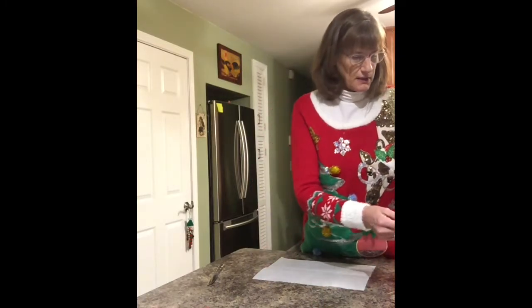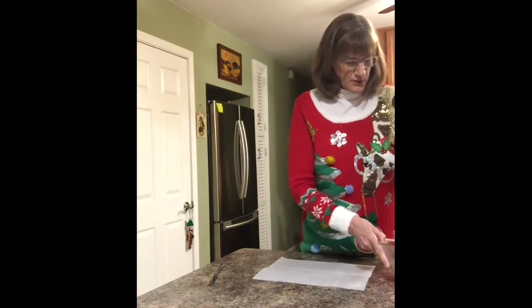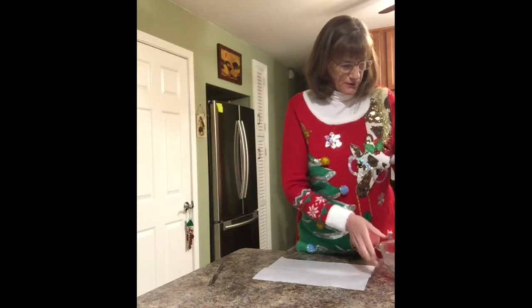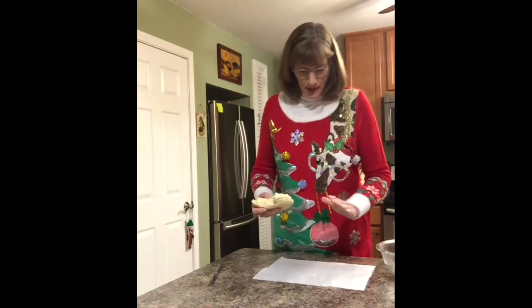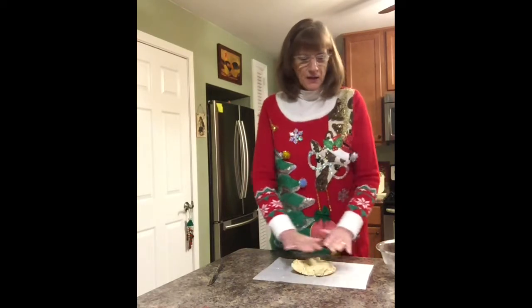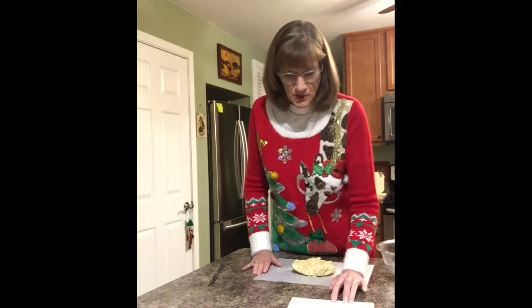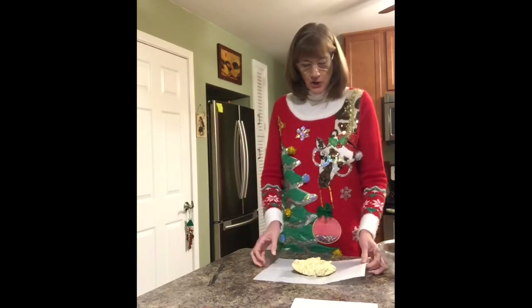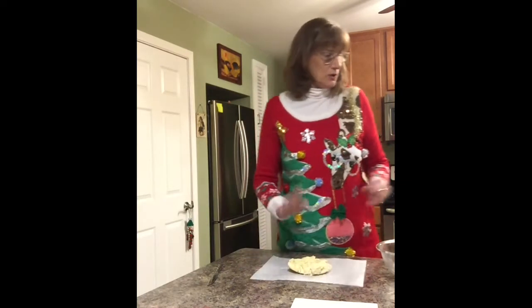All right, so our dough has been in the refrigerator at least 30 minutes. Mine's been in for a couple hours now, actually. So it should be nice and cool, and we should be able to roll it out fairly easy. So you're going to take your dough out of the bowl, obviously, and you're going to place it between the parchment paper. If you notice on the instructions, it says to roll it into two pieces that are 16 by 12 inches. Well, my parchment paper is actually 14 by 11 inches, so we're going to be a little short,